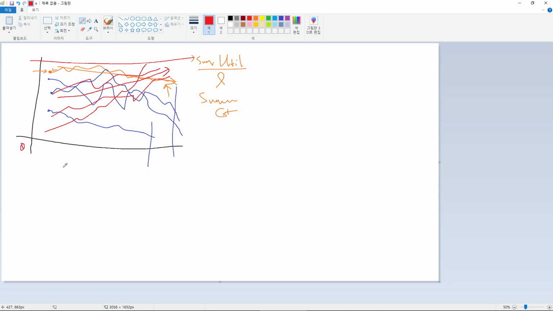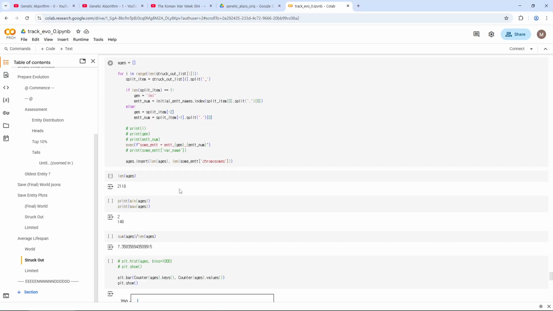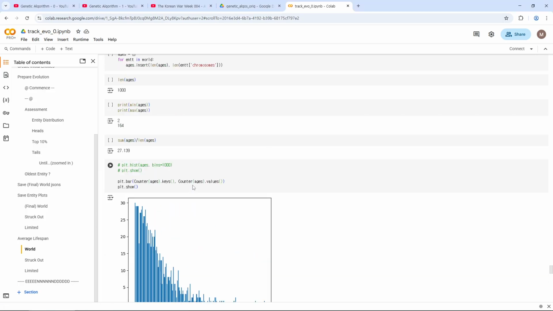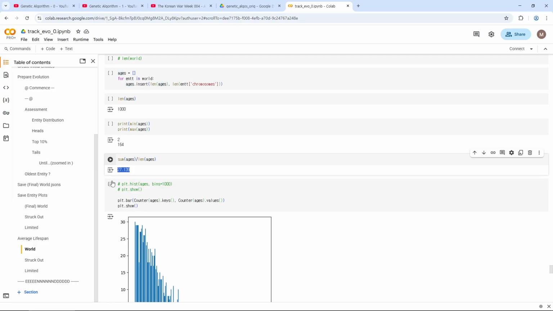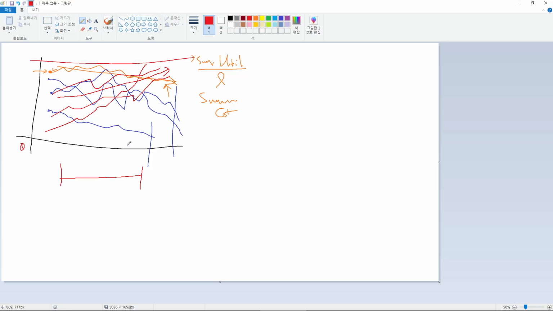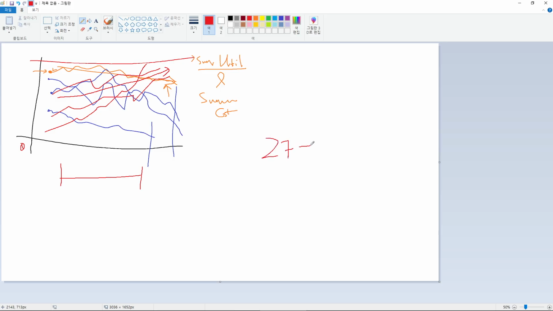And I want more entities to live longer, so that even when they are struck out, they live longer than 7.35 on average, or in terms of the world, more than 27, and maybe in limited, 50. So let's mark that again: 27 to 35 to 50